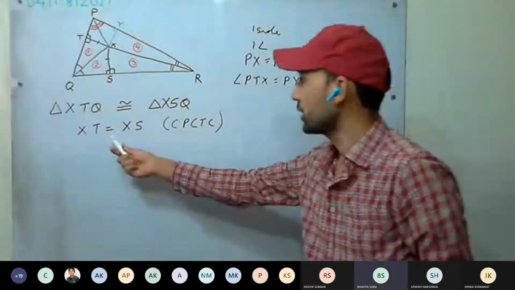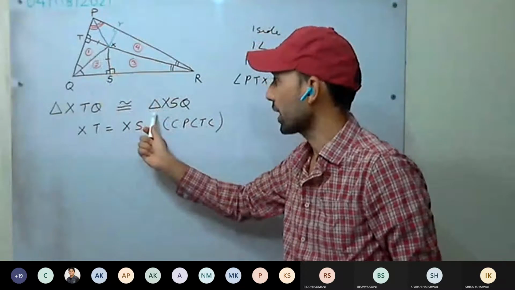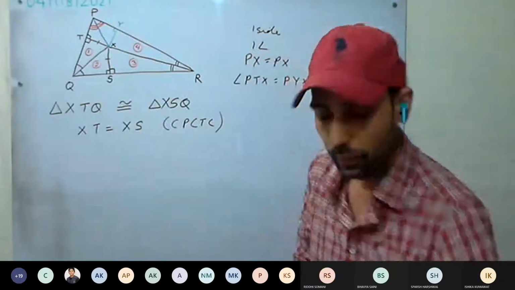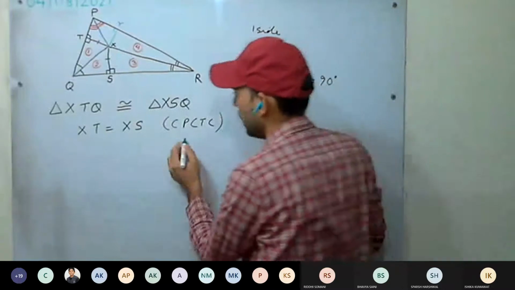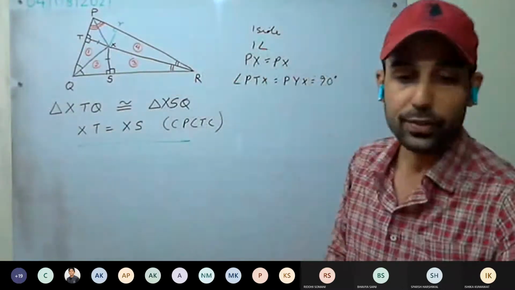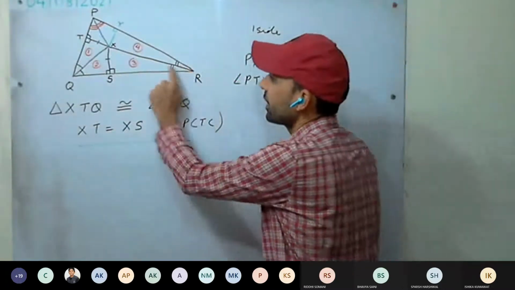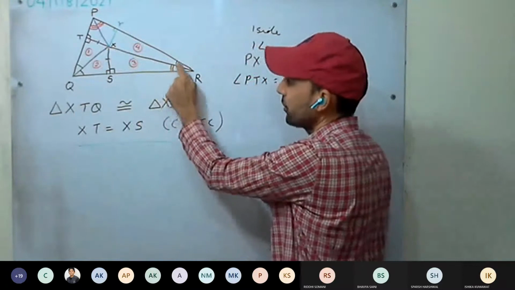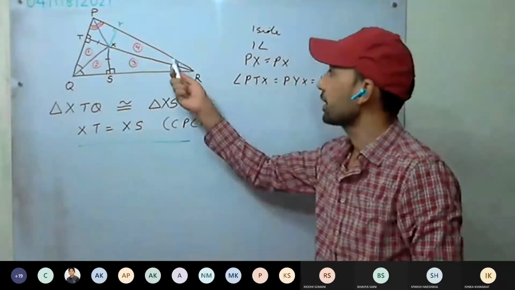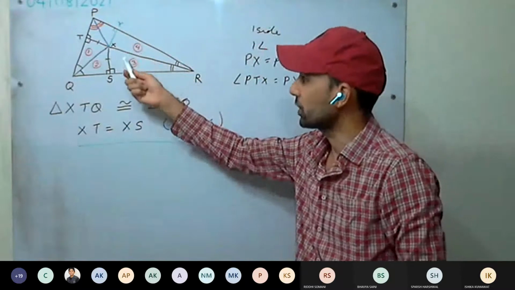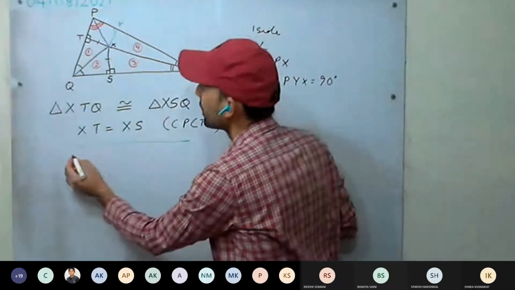Yes, sir. This we have already proved here. These two triangles are congruent. Okay. Now next part we are going to do. As well, you can get the hint that RX is also the angle bisector and we haven't used this too. So there are chances that it may be used somewhere. So these two triangles we prove them.